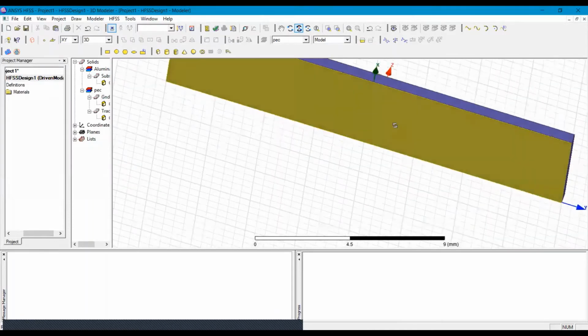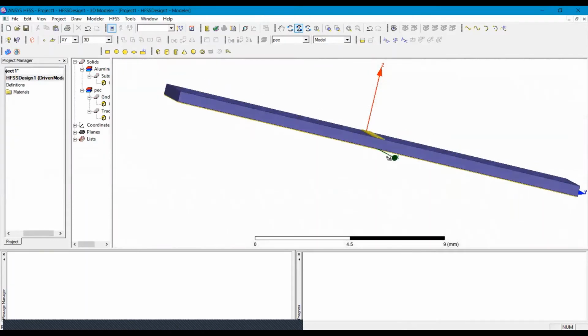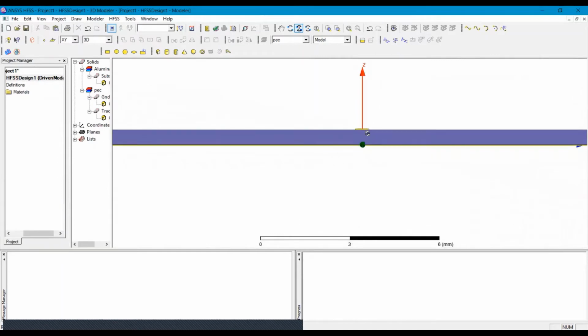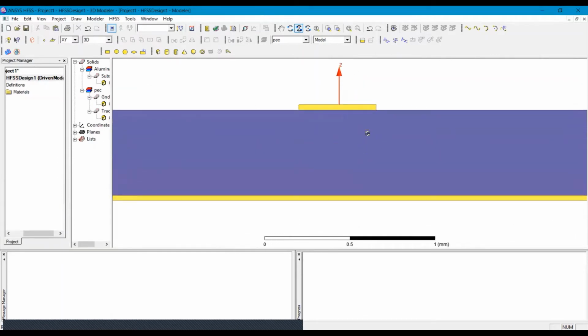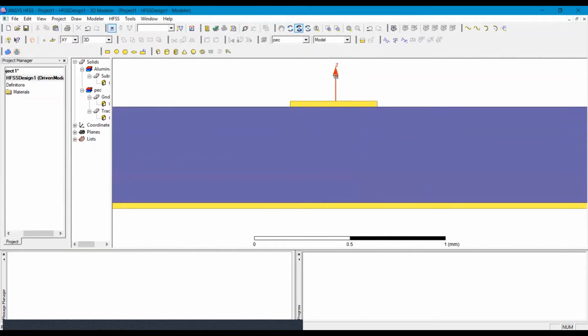You can see the ground at the bottom, and at the top there is the substrate. When we close up on this microstrip line, we can easily see the microstrip line, the ground, and in between there is a dielectric substrate.